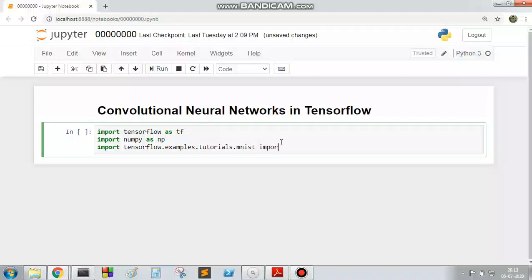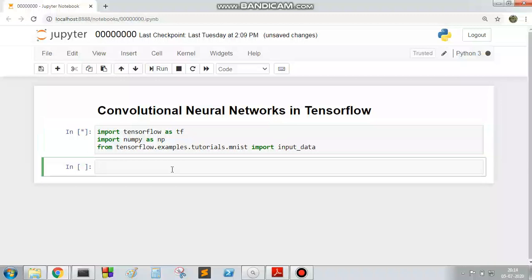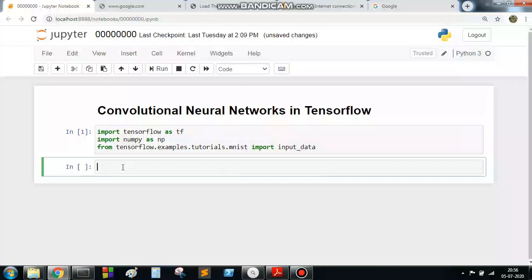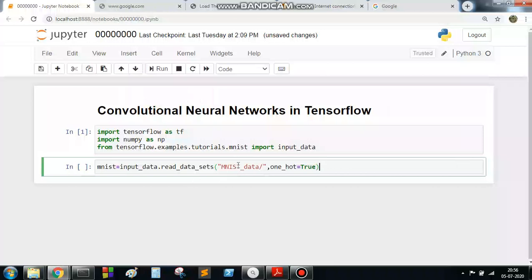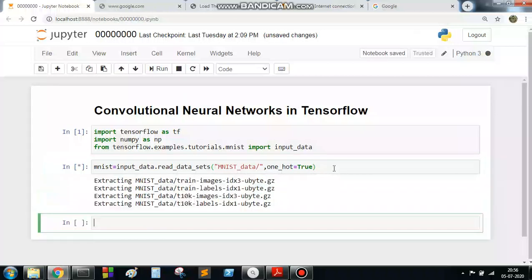Here you need to put in the package, so better from... Okay, it will execute. It will take some time. Okay, done. We need to import data from the internet. For that, we need to execute this following code, and this will store the data in a particular folder, mnist_data, in our drive. Now execute this line of code. So it is extracting, yes. Now the data is extracted and stored.